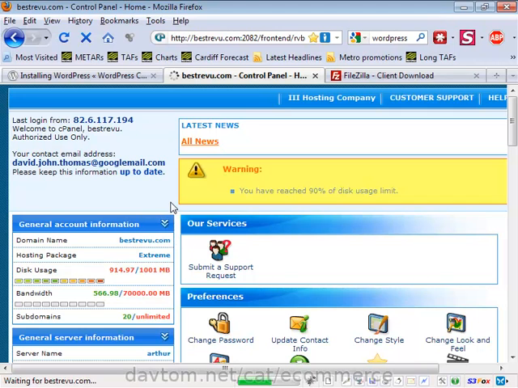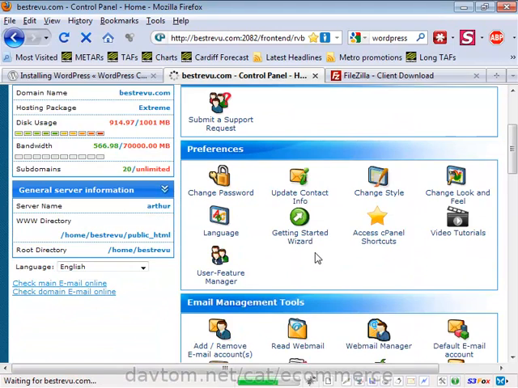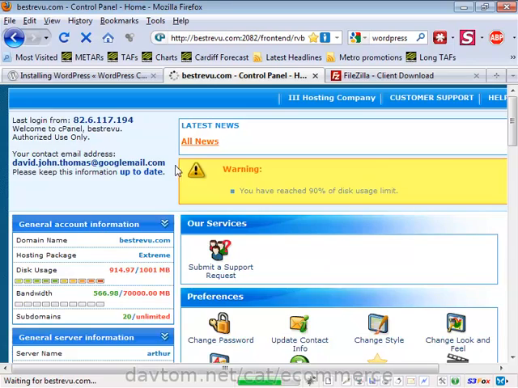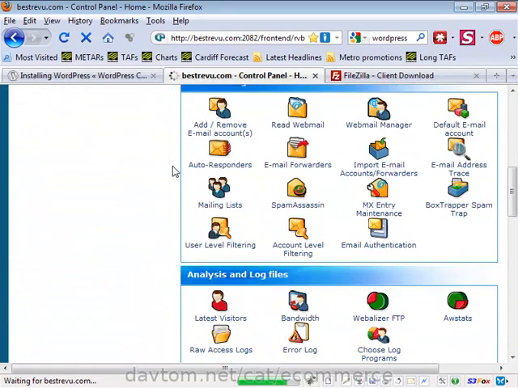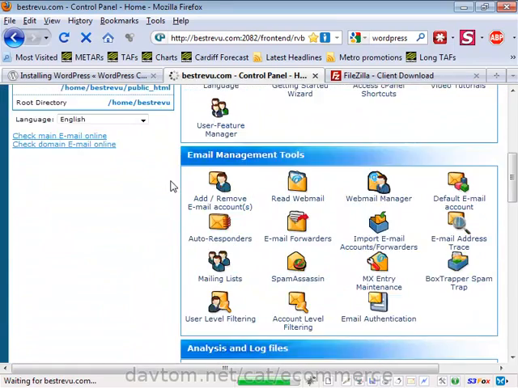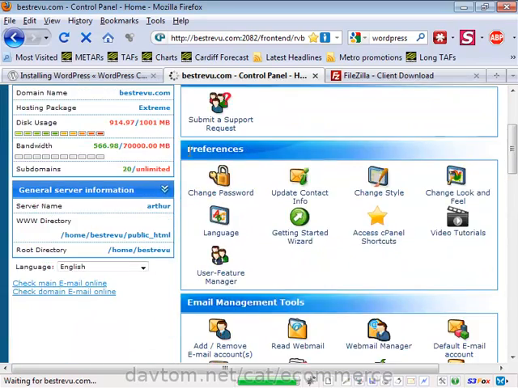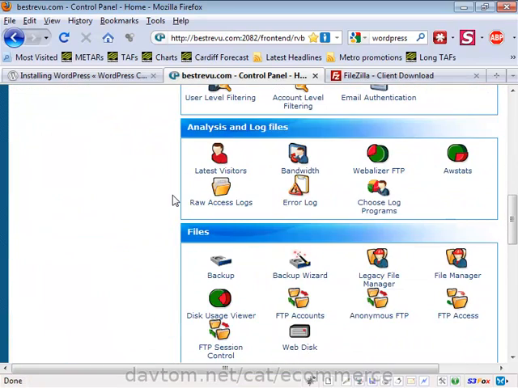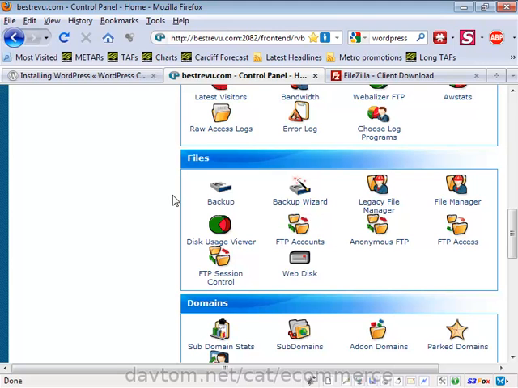Right, it looks like I lost the network connection then, but basically what I'm doing is going into my cPanel, and I'm going to select the file manager. So if I click through to the file manager,